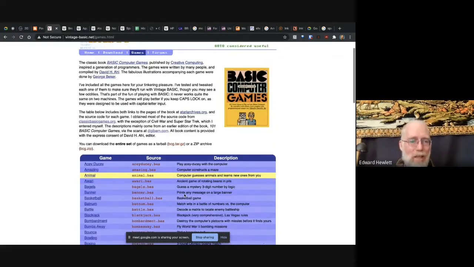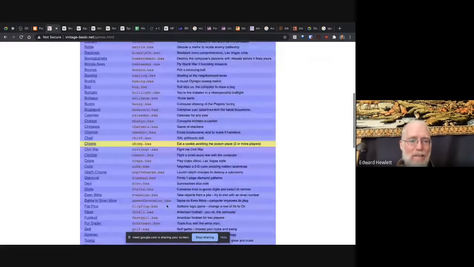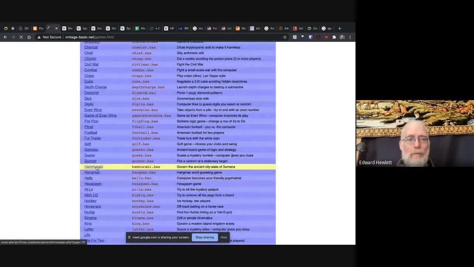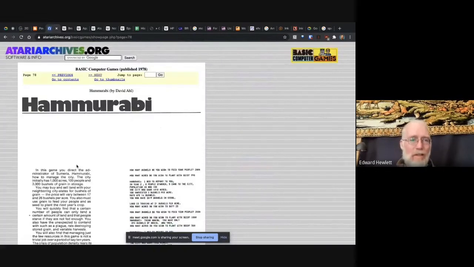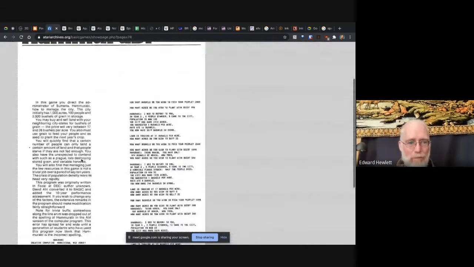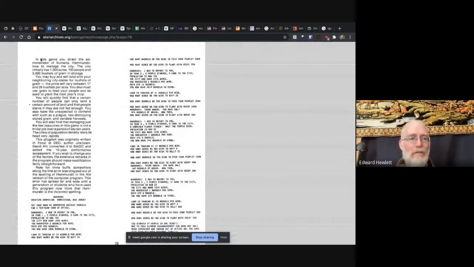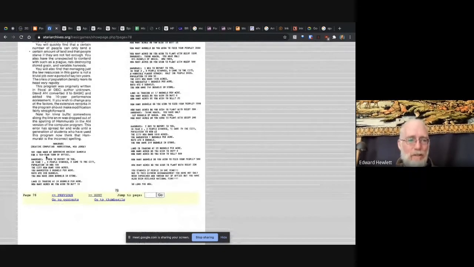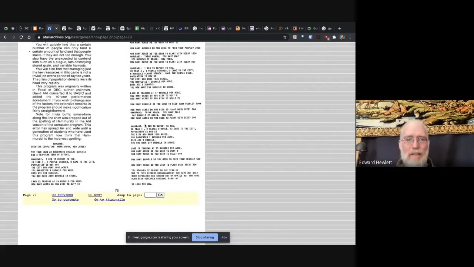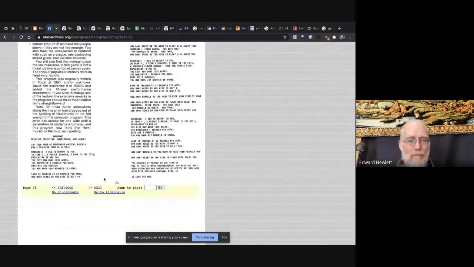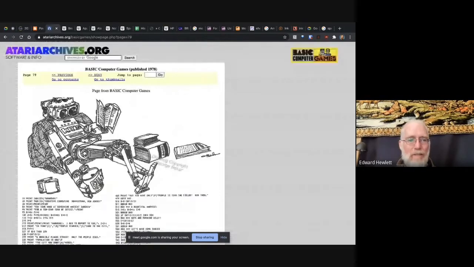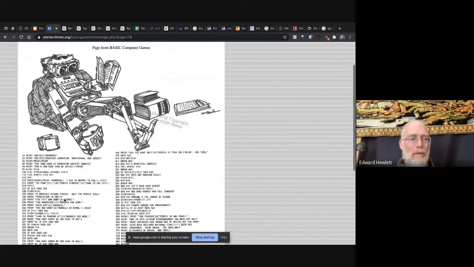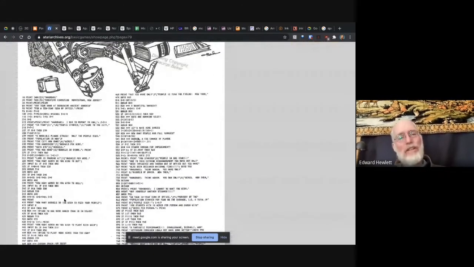And there's even a scan. This even has scans of the actual games. So if I go to Hammurabi, here's the game, and they tell you a little bit about the game. Then they have an example of the output of the game, and if you go to the next page, you have fun graphics and the actual program listing that you would then type into your computer,